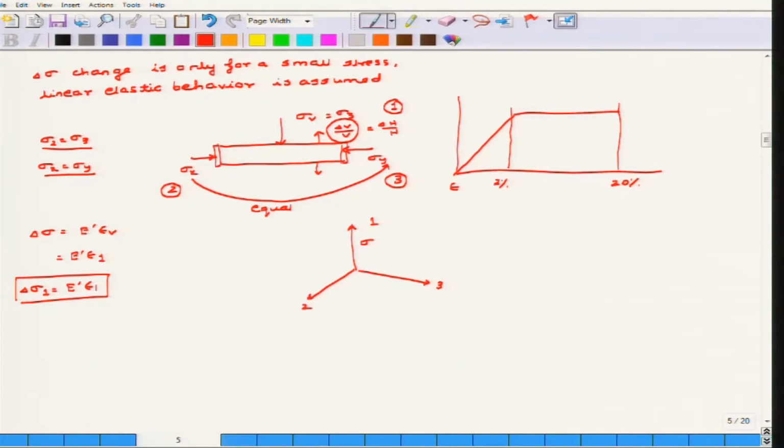Now, you can also come from this relation that epsilon 2 and epsilon 3 are actually confined by the metal rings. You see that epsilon 2 and epsilon 3 cannot expand, only the stresses in these directions can change, because if it is a linear elastic soil, then all the three stresses could be interrelated through the strains. So epsilon 2 and epsilon 3 have no chance, they are equivalent to 0, because the sample is confined with a metal ring on both sides, as you have seen in the oedometric sample. So obviously epsilon 2 is equivalent to epsilon 3, which is equivalent to 0. So I can write from the definition of epsilon 1